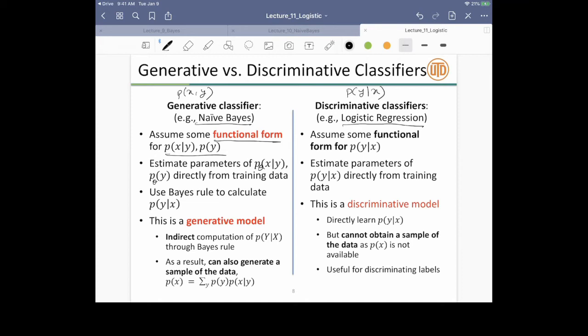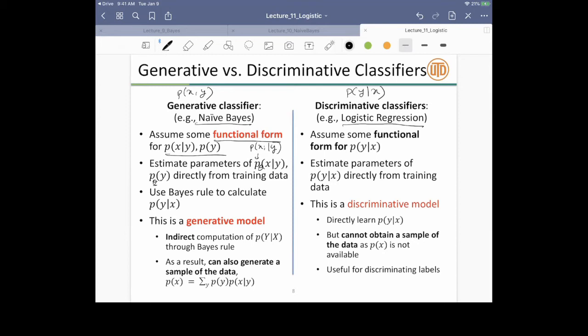In the case of discrete Naive Bayes, we assume that our parameters were exactly the individual conditional distributions. So the parameters here were P of xi given y, for different xi's and different y's, and similarly the thetas here were the P of y's. We then estimate these parameters directly from the training data, use maximum likelihood, and that gives us the learning problem.